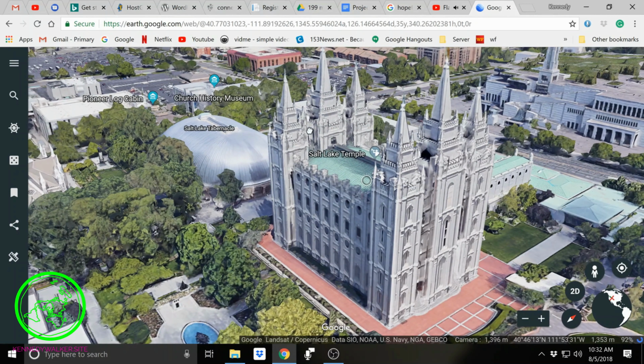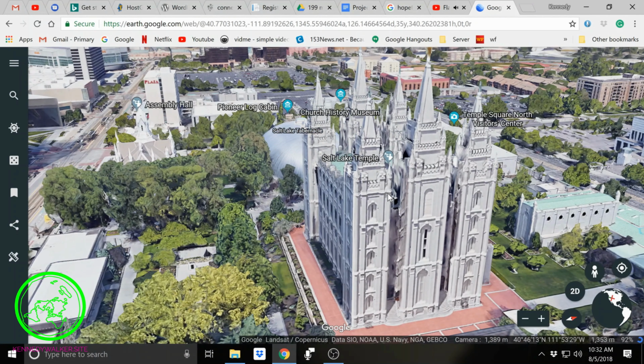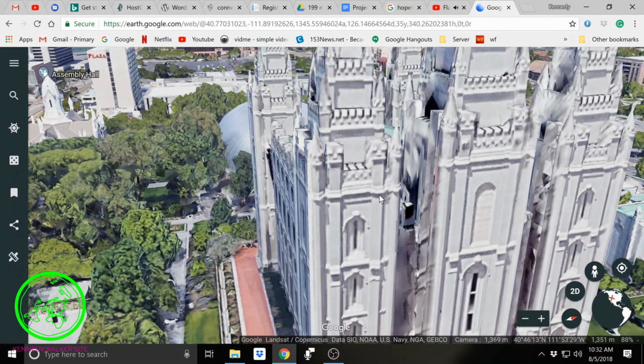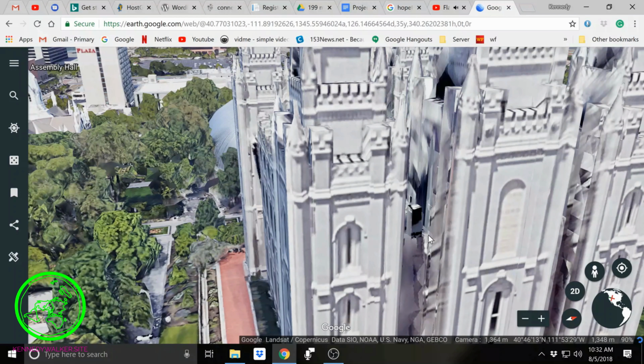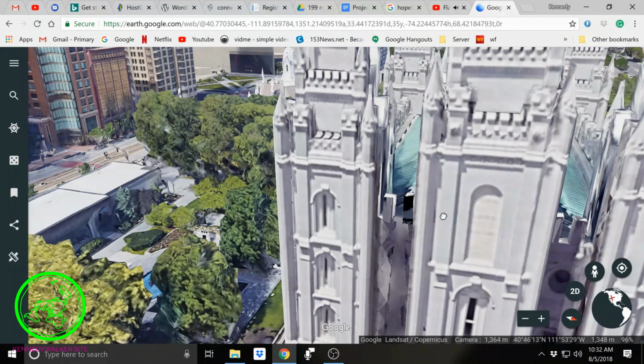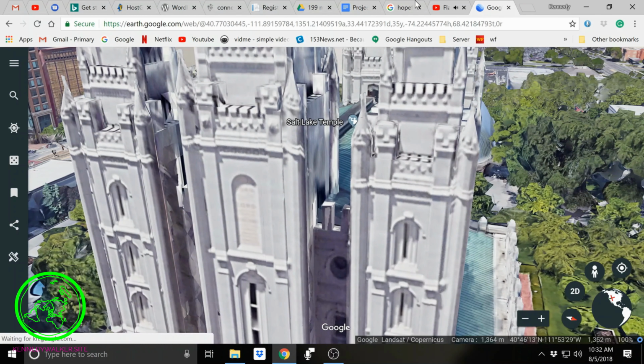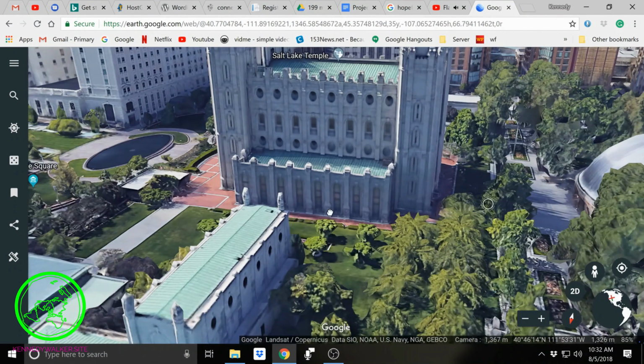This is the LDS temple in Salt Lake City, Temple Square. Notice there's 3 spires on each side, a 3 and a 3. When we try and look at the detail on the buildings, you'll notice that it's blurred out. And I don't know when that started, but it used to be that Google drove around with cameras and